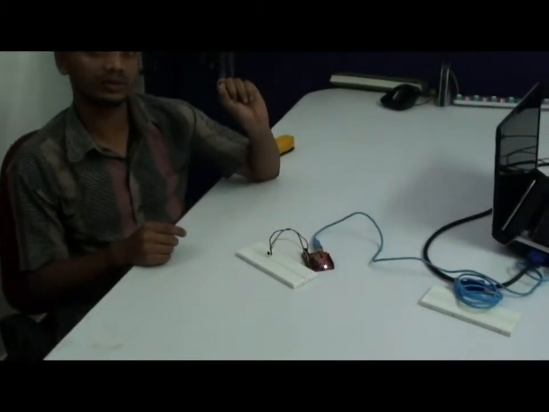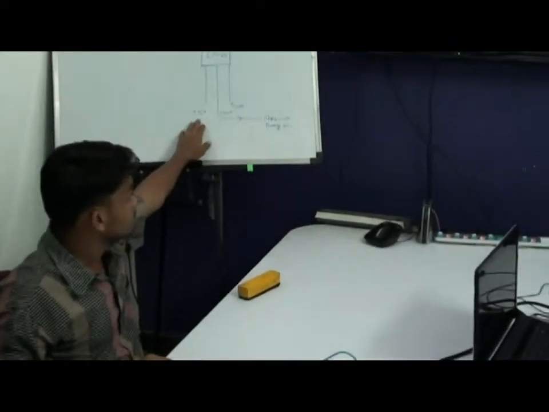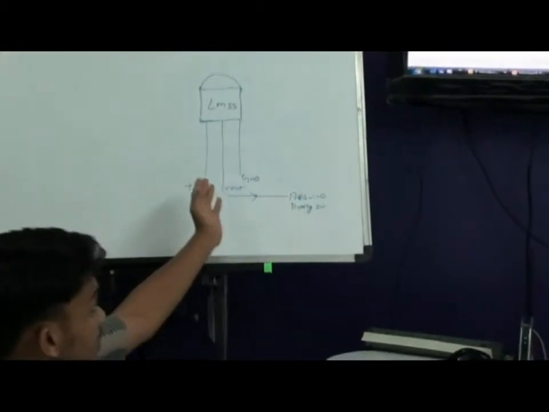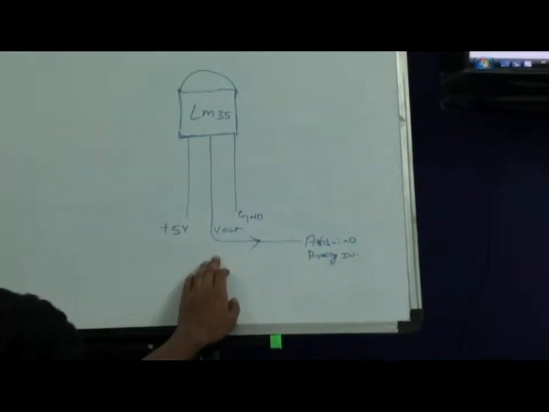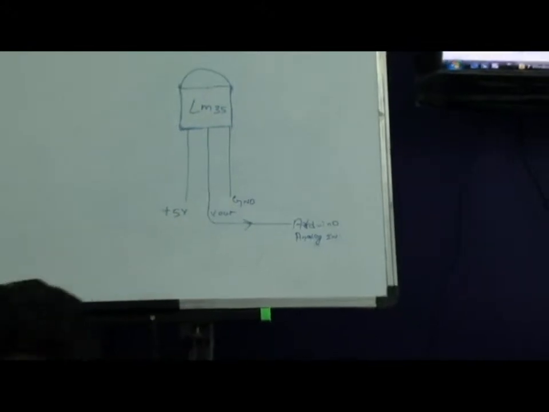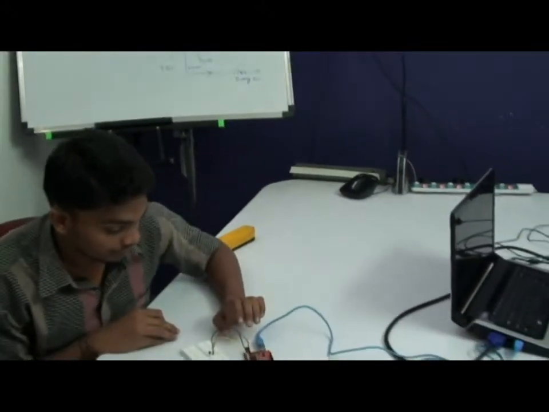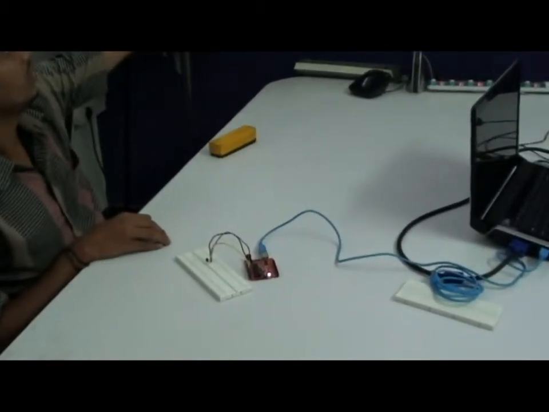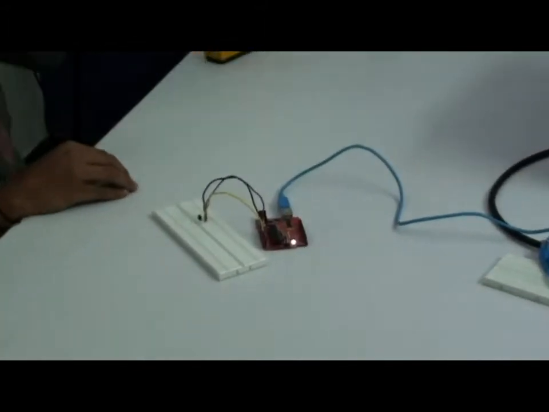This is a temperature sensor. It has 3 legs. From the flat end, the leftmost pin goes to plus 5 volts, and this terminal goes to ground, and the middle one goes to V0. Here I have connected using a breadboard. This is the program which is measuring the room temperature, and you can see the measured values with the serial monitor.